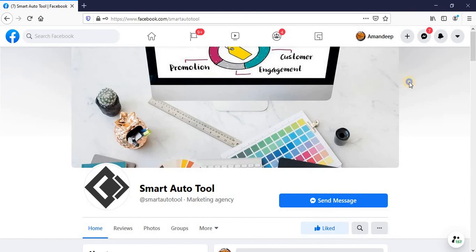Now I log in from my another ID to test this comment reply feature.